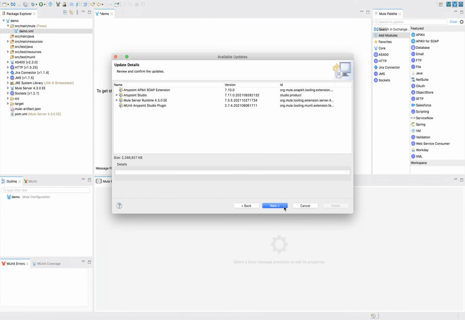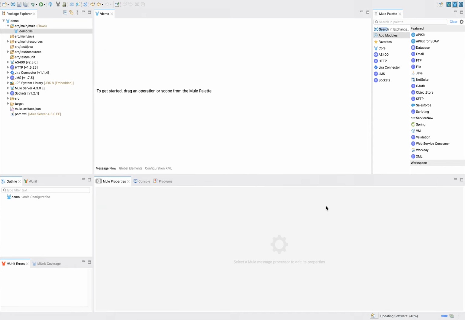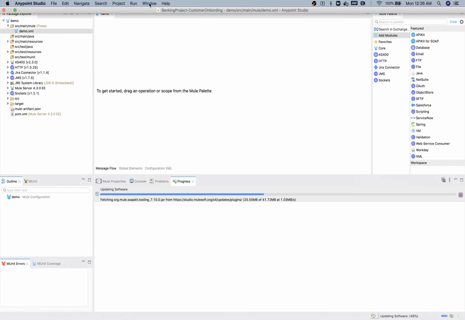It will take some time. Here you can see all the updates have started downloading. Let it download.